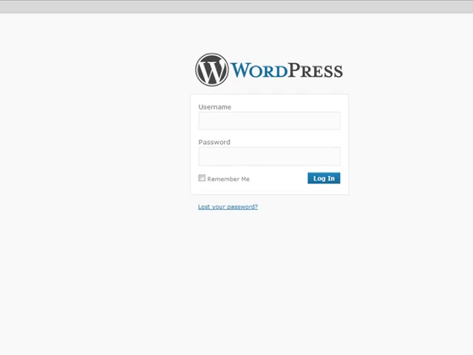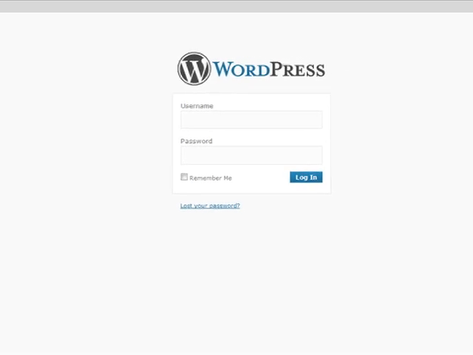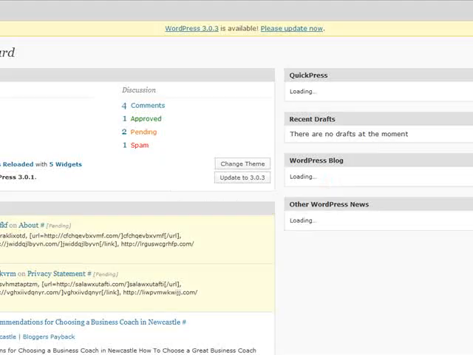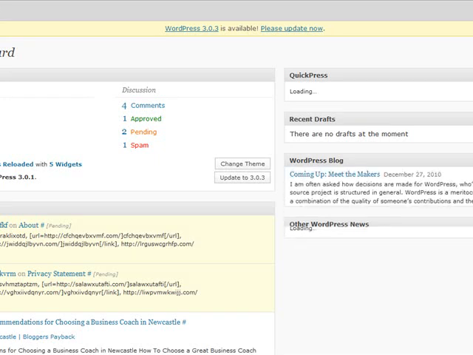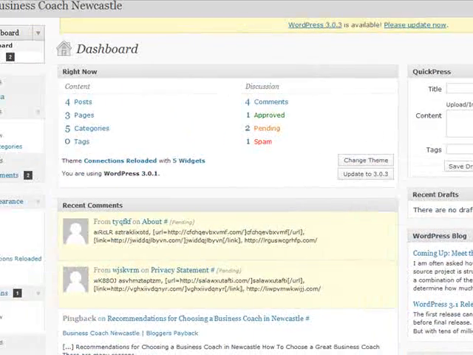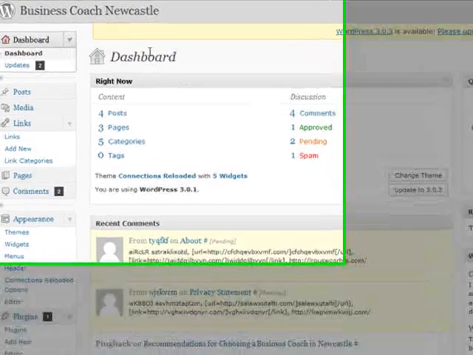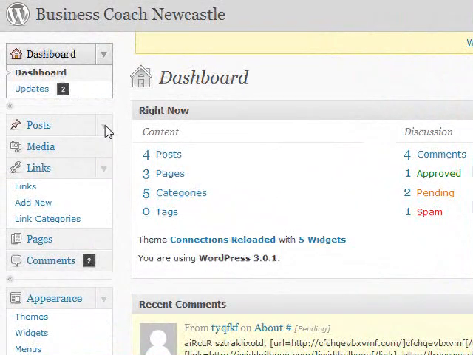Okay, so once we get to this page here, you then enter your details. So I'm just going to fill and submit, and we'll go login. And that brings you to the dashboard. Now this dashboard is what you first see when you log into WordPress. It tells you how many posts you've got up there, how many pages you have, and